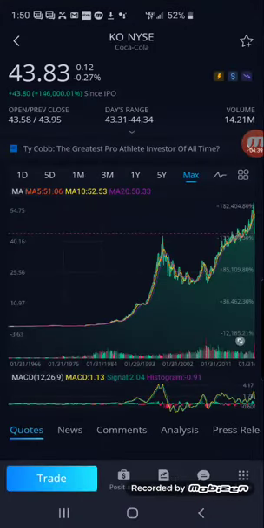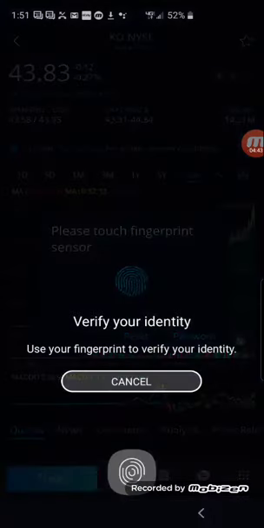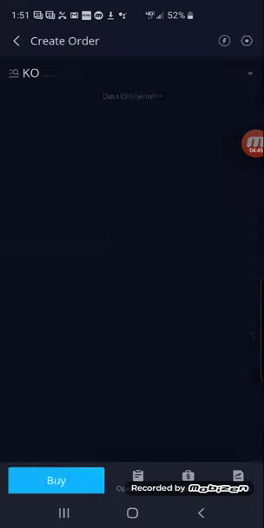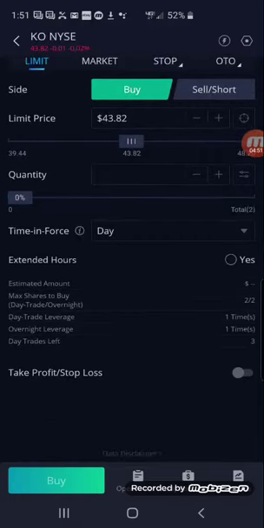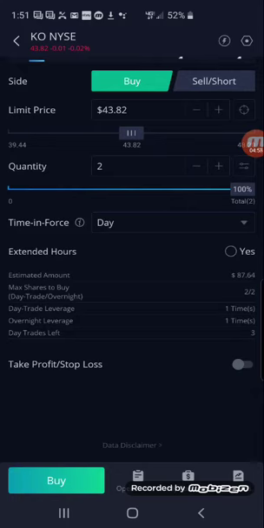And if you decide Coca-Cola is a good company, you would hit the trade button, verify your identity, and then you can buy it here. You can put in your price, how many you want. So if you want 1 share, you could do 2 shares, and that is how you